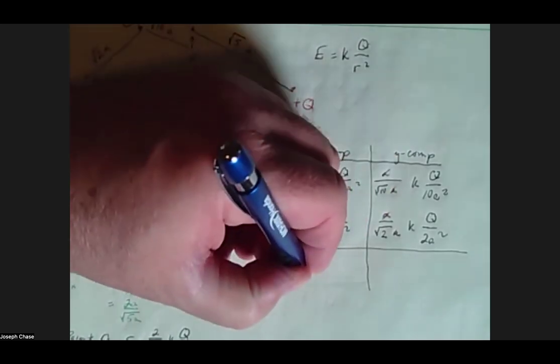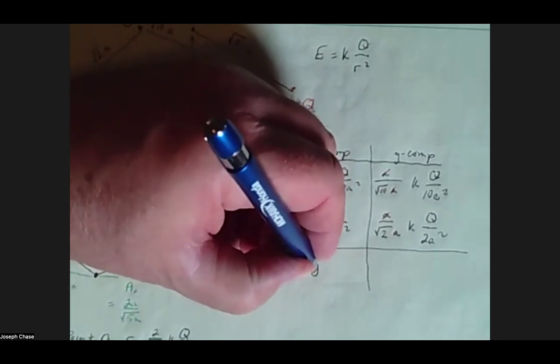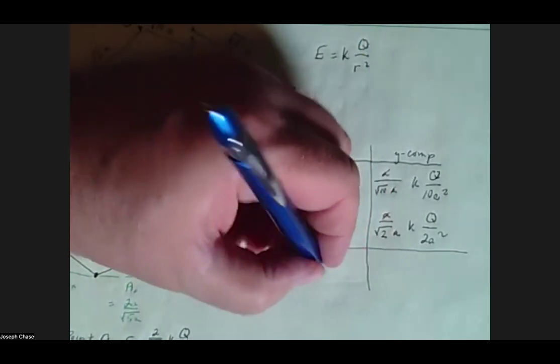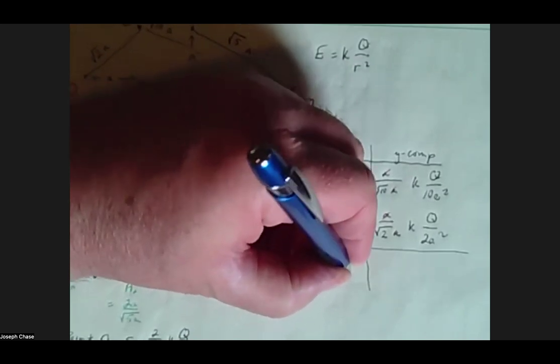So this is going to be 1 over root 2 minus 3 over root 10 kq times 1 over 10a squared plus,